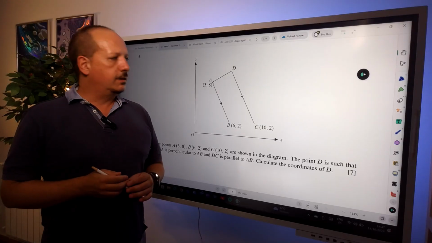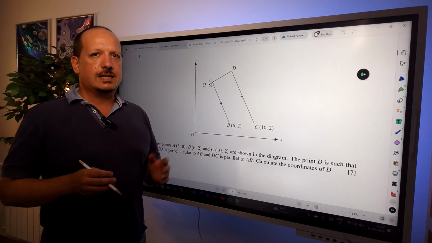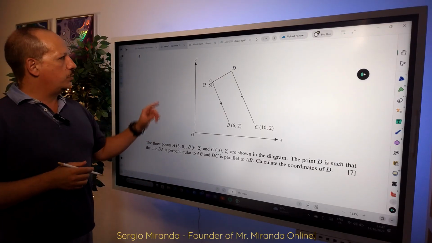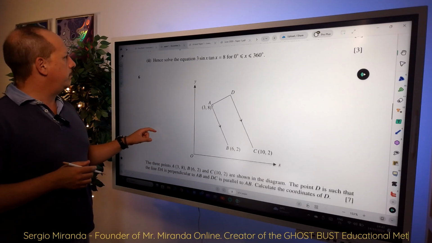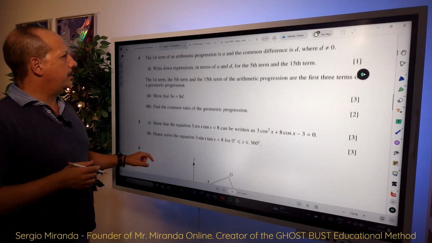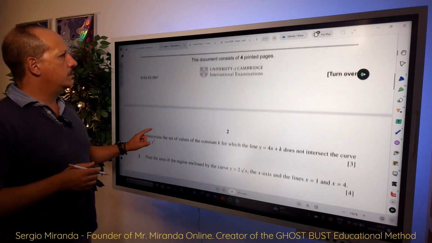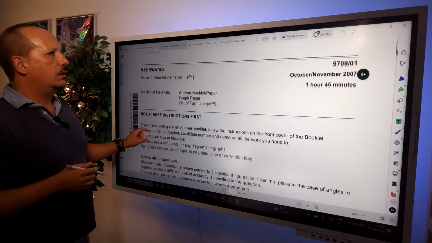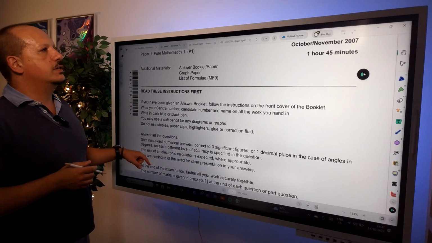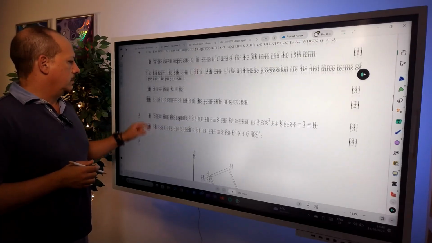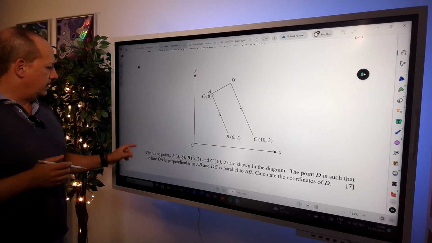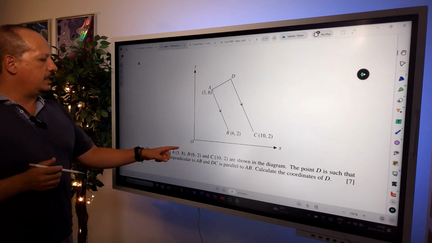Let's now start the set of exam questions for lesson 3 on coordinate geometry, pure 1. The first question is this one. This is paper 1 from October-November 2007. Question 6. You are given this diagram and you are told that 3 points A, B, and C, and you